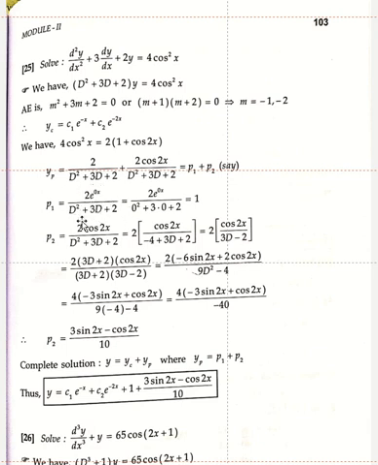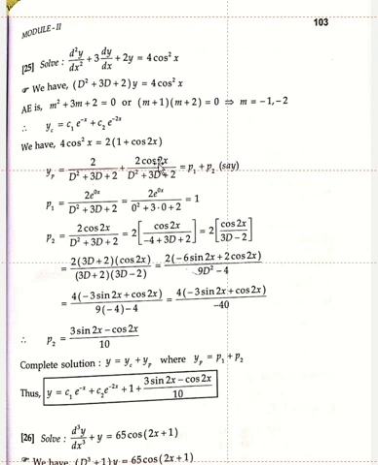Here in this case, replace D by a. What is a here? 0. Wherever D, replace D by 0. Therefore, this is 0, this is 0, only 2. Therefore, 2 into e power 0 into x is only 2. Here only 2, therefore 2 cancels. The answer is 1. Next, P2.